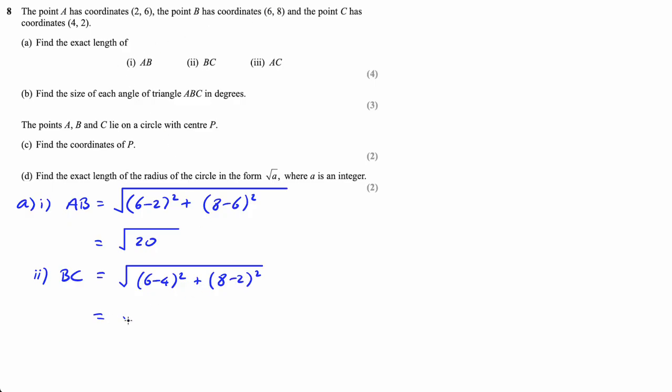This one is equal to the square root of 4 plus 6 times 6 is 36, which is 4 plus 36 is 40. And then finally, this one, AC, is equal to the square root of